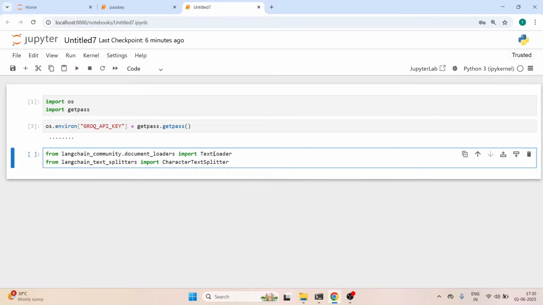Now this TextLoader will be used to load the text file, and